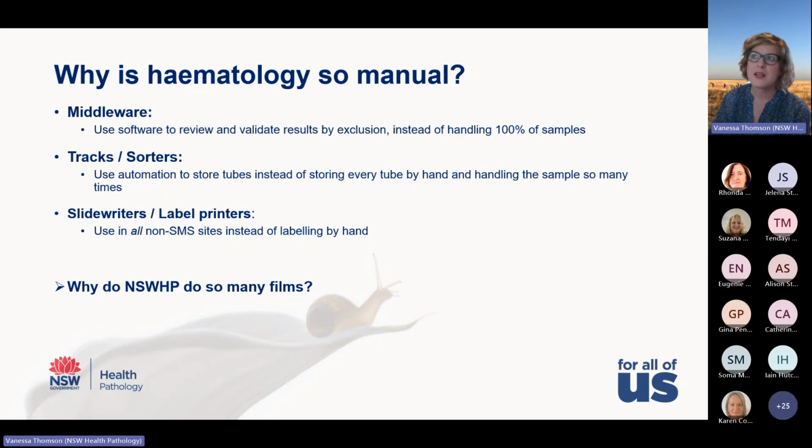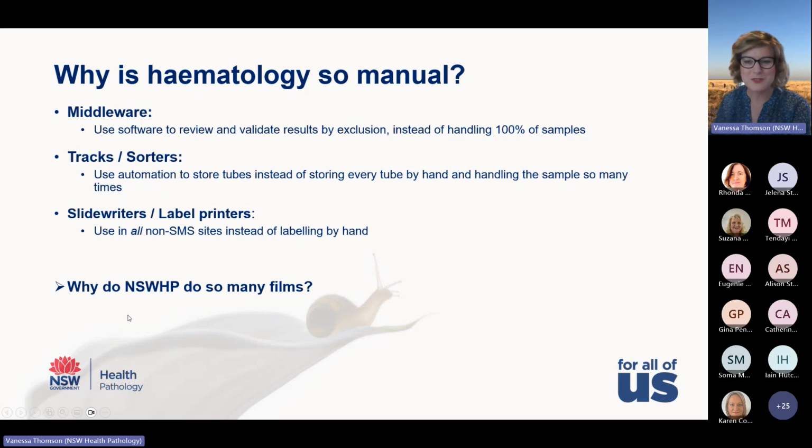Quite a number of our other labs use tracks and sorters, for example, Pathfinders or chemistry on the track. So I think that's something for us to move into in the future to help reduce our manual handling. And even slide writers and label printers, for example, some of our areas in the organisation still don't even have label printers. And just, I guess, a question for us moving forward and our challenge to us as an organisation,